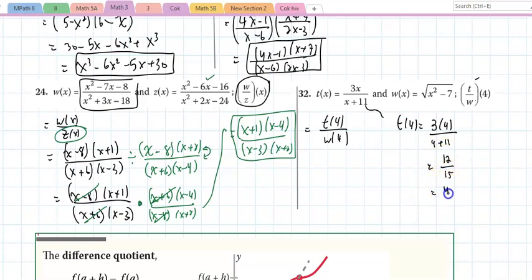And if I divide by 3, that's 4/5. So this is 4/5. And since you're dividing, I'm going to write it as a fraction. If I take w operating on 4,